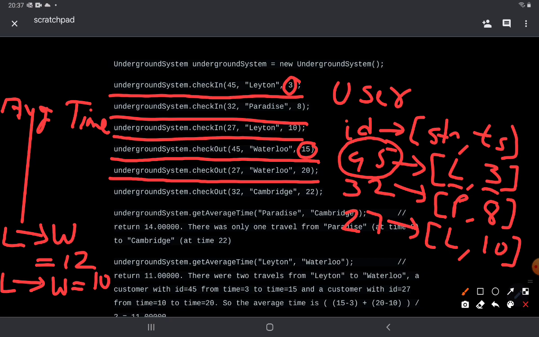So now we have two time intervals for reaching from Leeton to Waterloo. One is 12, other is 10. So we can take out an average of them, and the average of 12 and 10 would be 11. So if somebody made a call to get average time from Leeton to Waterloo, it would be equal to 11. So similarly, we can proceed in this problem and keep on adding values in these maps and find the result.